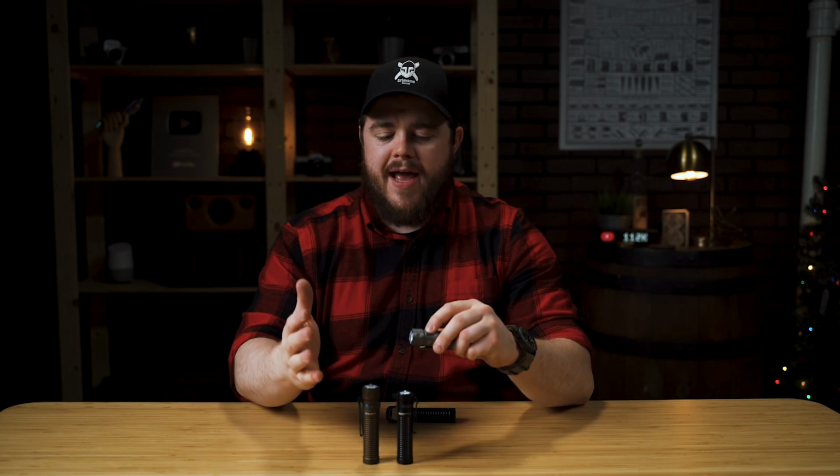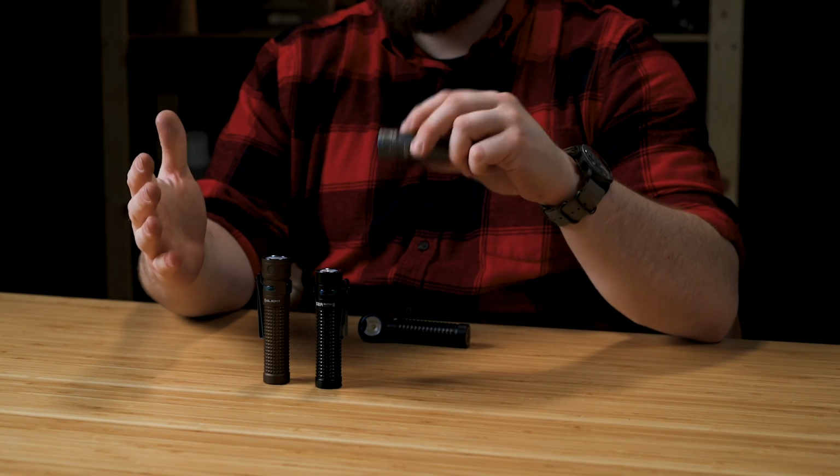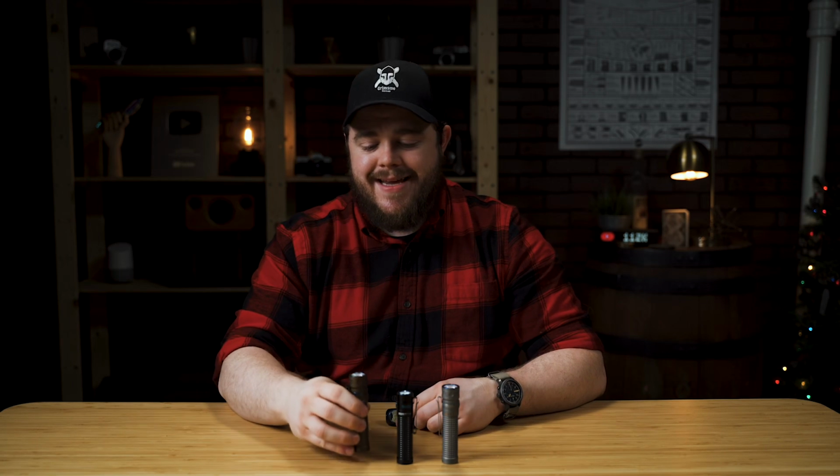Like, this one doesn't quite have that moonlight mode. It has a low mode, but it's not truly moonlight. It's a little too bright to be considered moonlight. But the Baton Pro, this tan version, will be on sale on the 16th of December through, I believe, the